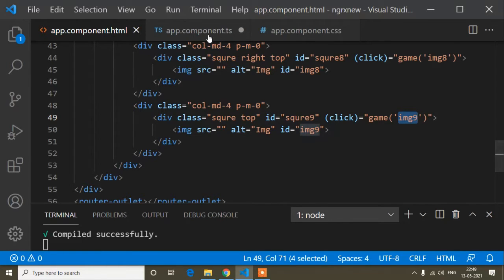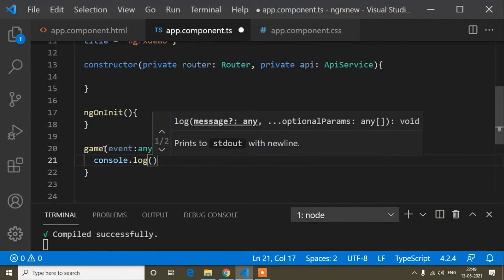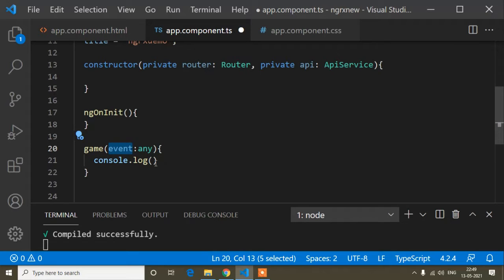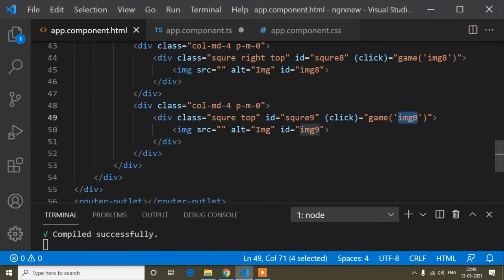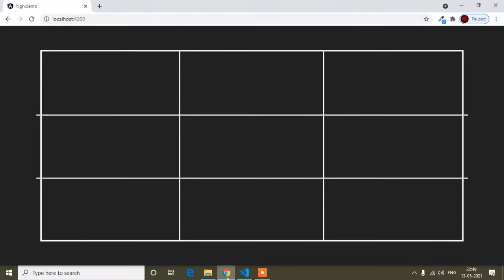Why have I passed it? Now if I write a console.log of this event, because this event is now denoting this one, and this one is the id name, so it should print the id name here. Now if I save and open the console,